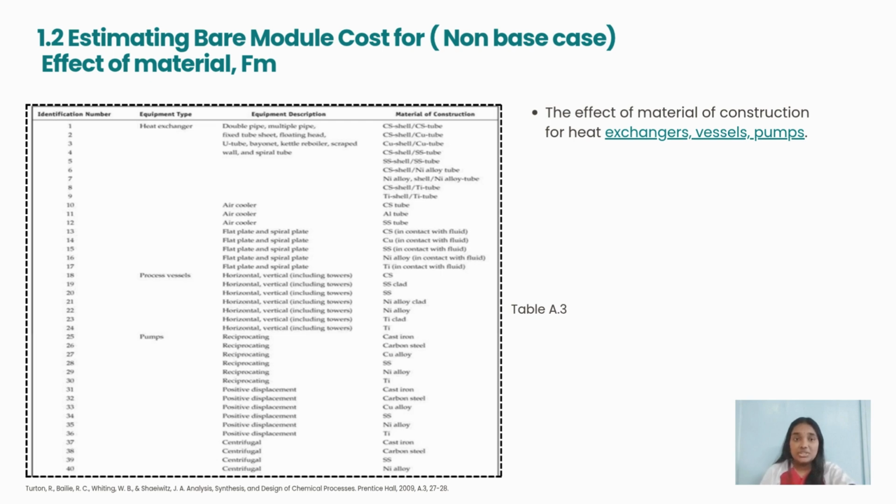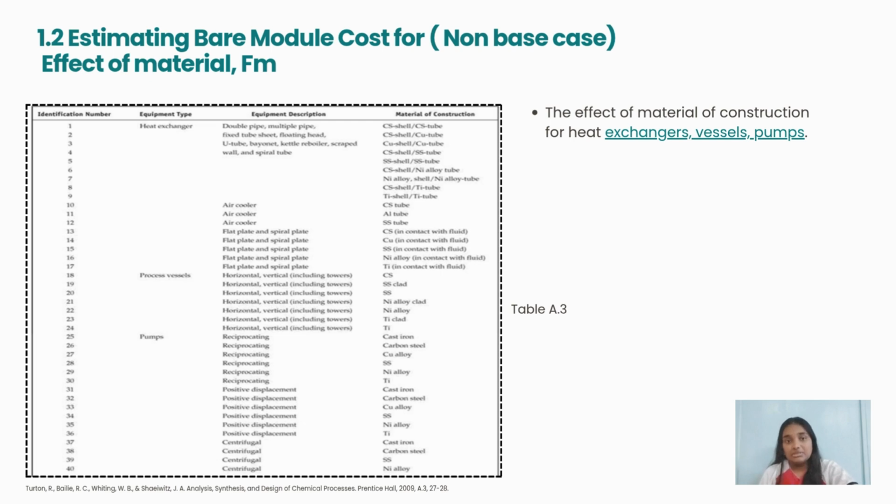At conditions which raise the temperature, pressure, or chemical reactivity, it is often necessary to specify materials such as stainless steel, titanium, or nickel alloys, which cost more than carbon steel. This is where the material factor FM comes into the picture. It operates as a multiplier to represent higher cost if equipment is produced from materials other than those assumed in the base case. In the main, it implies the extra cost that is associated with the use of anything